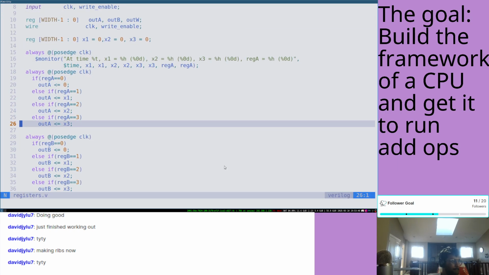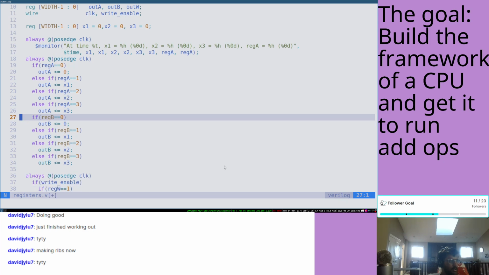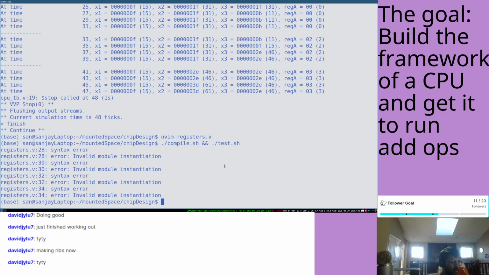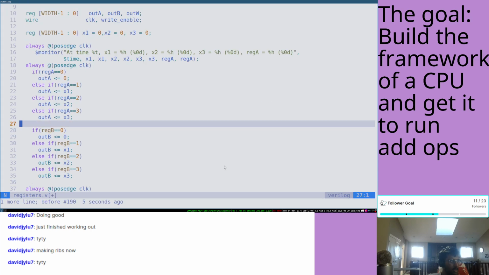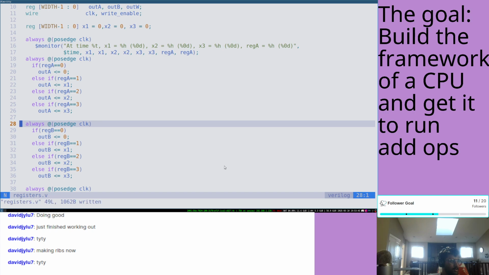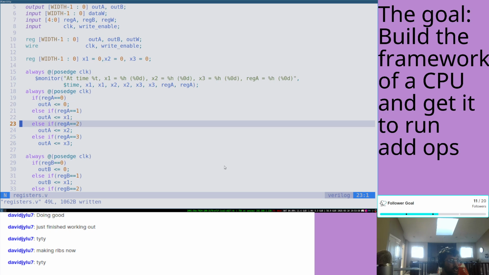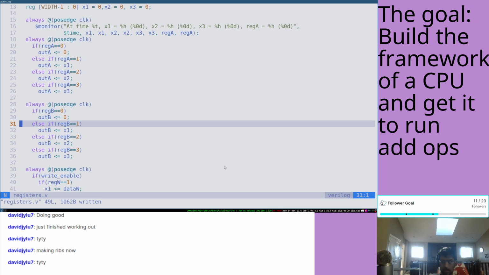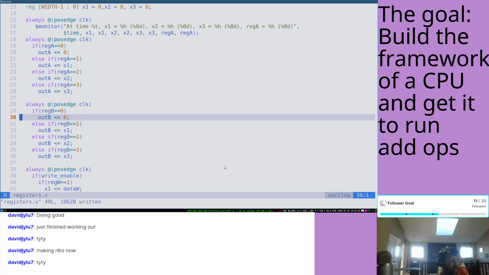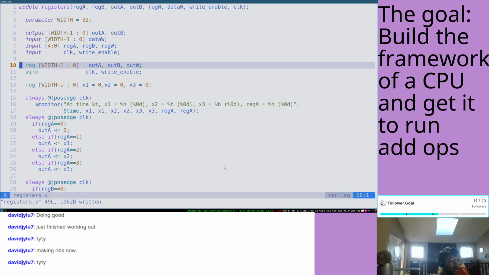Hold on, can I combine these two? Invalid. Okay. These shouldn't be on the clock. Only write should be on the clock. I think the moment the input updates, this output should update like instantly. Yes. So out A and out B,